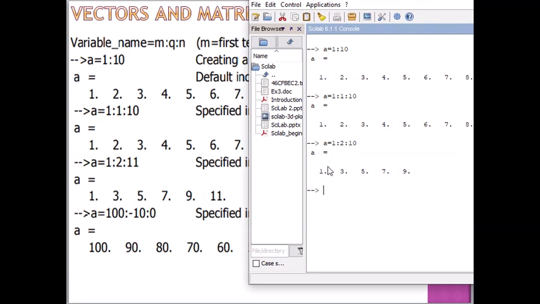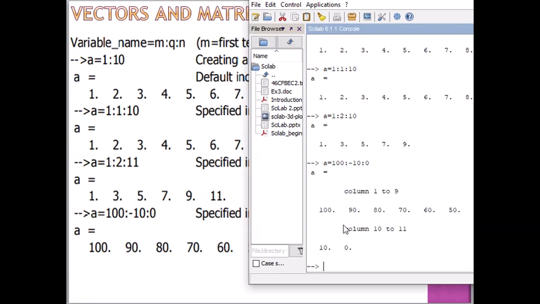If we add 2 to 1, then we get 3, and actually 9 will be the last value. And if we need to write a is equal to 100 ratio minus 10 ratio 0, right?